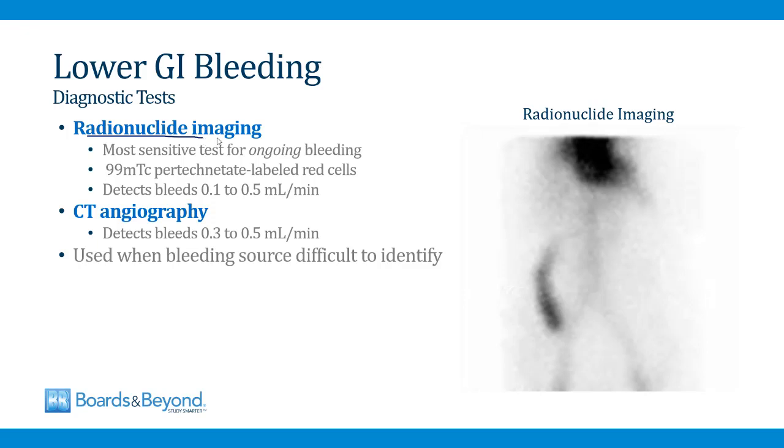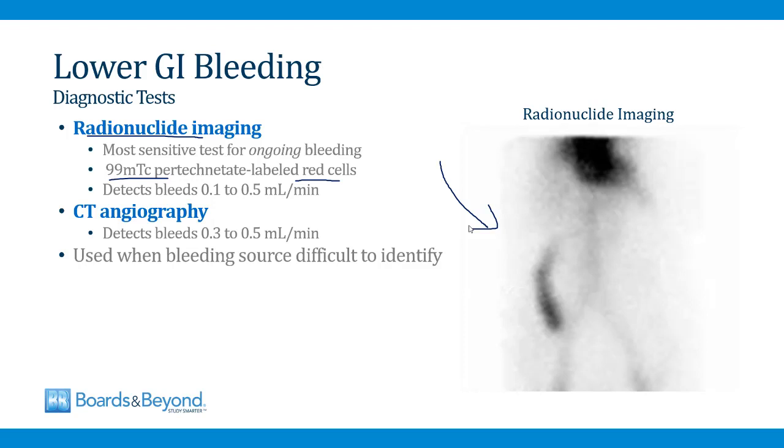This test involves labeling red blood cells with technetium, which is a radioactive substance, and then you transfuse those red cells into the patient. After that, you can take an image of the patient and areas will turn dark where the red cells are accumulating. And so if you identify a dark area in the GI tract, that can tell you where the source of